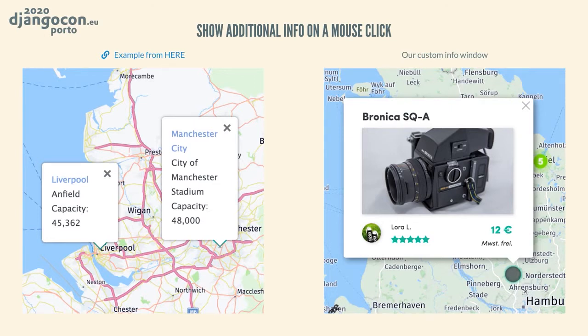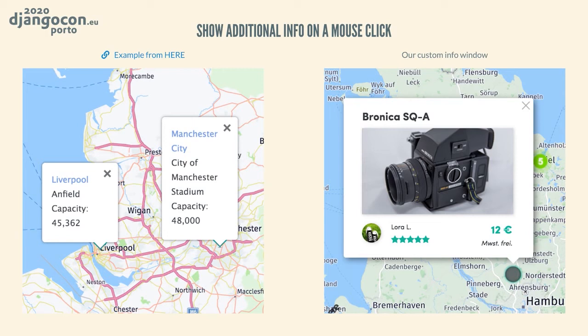To show additional info when a user clicks on a marker, it's possible to use info bubbles. For it, you just need to provide the coordinates and the HTML content. Here's an example of an info bubble. It is very simple, but it shows that you can display all data related to the clicked point on the map.